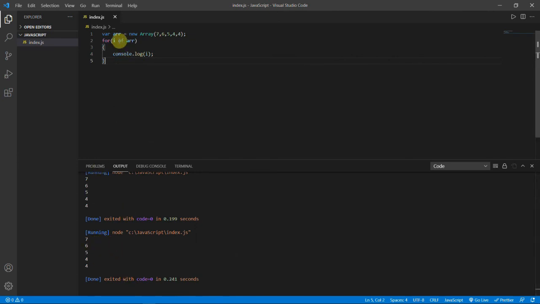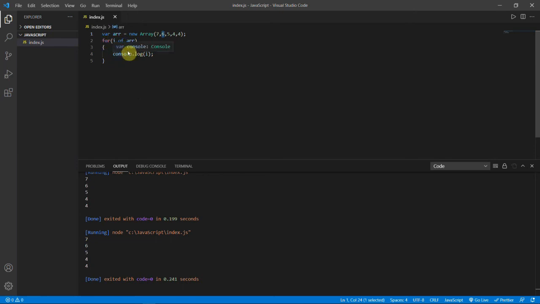So here what happens in I of arr is that I will have the first element, arr of 0, which is 7, so it will print 7. Again I will get the value 6, so it will print 6. So this is another way to print the array using a for loop. These are the two types of for loops, which are for in and for of.